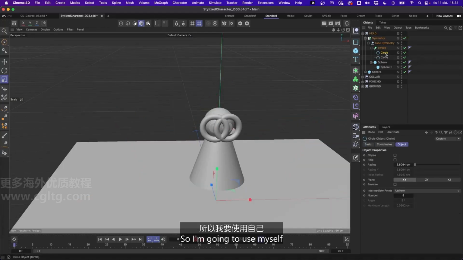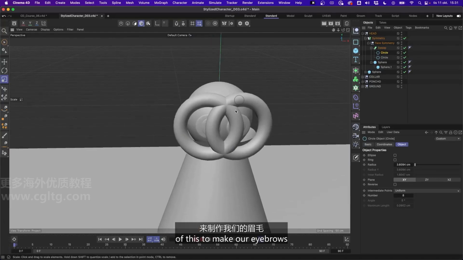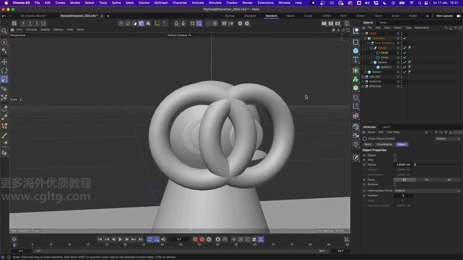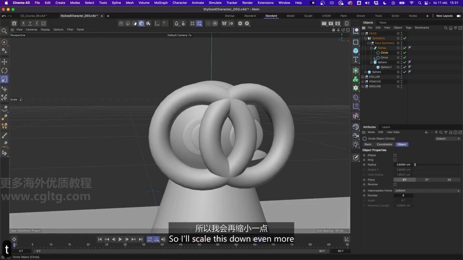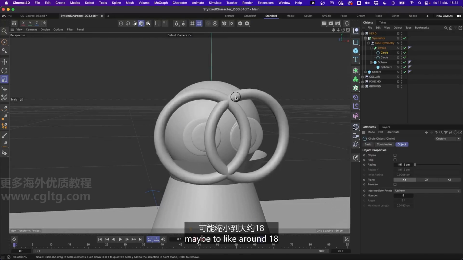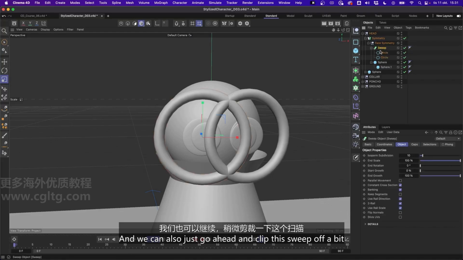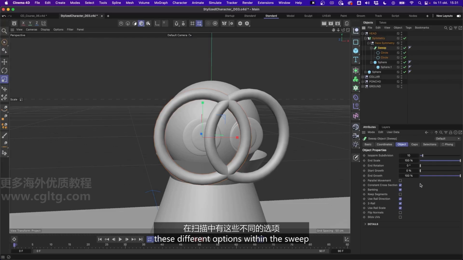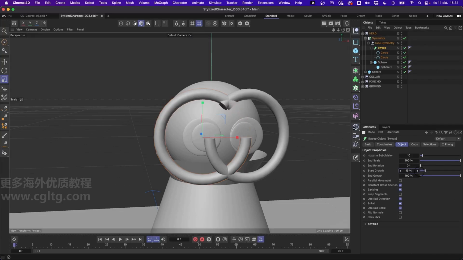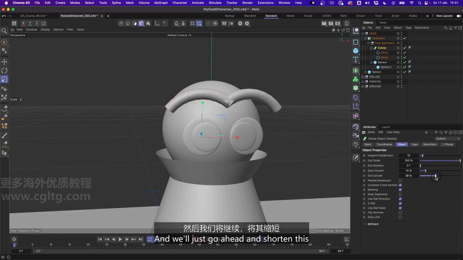Perfect. So I'm going to use myself of this to make our eyebrows. So I'll scale this down even more, maybe to around 1.8 centimeters, like that. And we can also just go ahead and clip this sweep off a bit. So you have all of these different options within the sweep. The first thing that we'll do is try and clip this off at around a place like here. And we'll just go ahead and shorten this side as well to maybe somewhere around